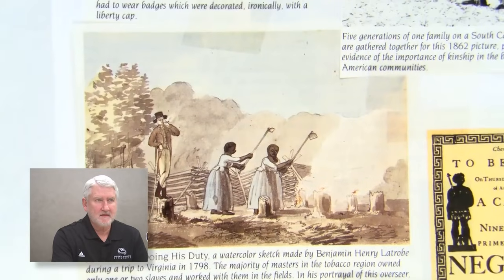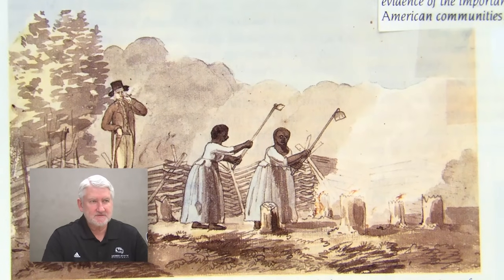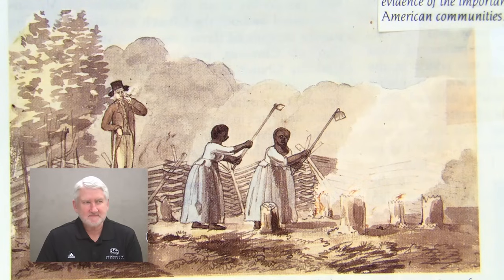Let me show you a picture that will help underline this. Here's a drawing, done at the time, that shows you a couple of slaves out chopping and burning stumps. And there's some white overseer there with a big long cane switch to keep them working. Notice these are women. Unlike what you may have seen in movies like Gone with the Wind, slave women weren't just house servants. They were also field hands. Gender didn't really matter too much. Everybody's out there working. Everybody's out there producing wealth, male and female.